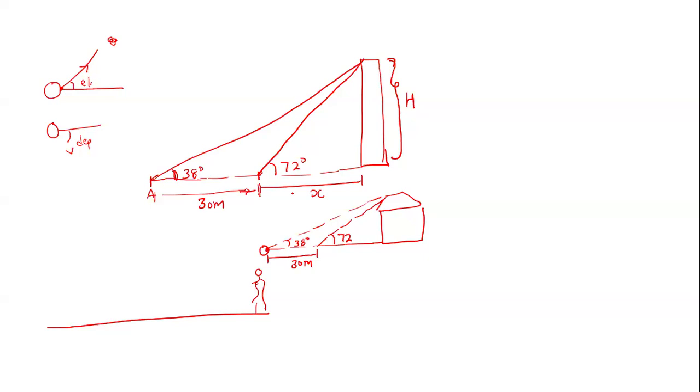Teacher, why have you put there x? Because we don't know the distance from there. So that's why we are calling it x. x is unknown. We don't know. Okay. So if we put here x,